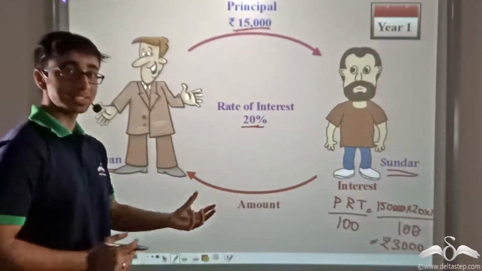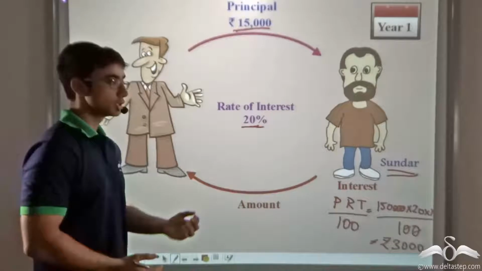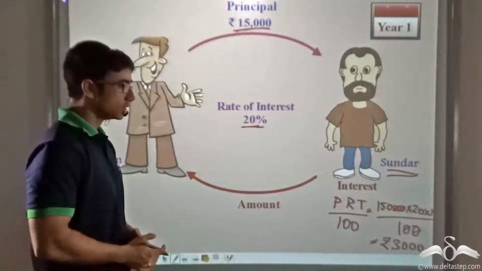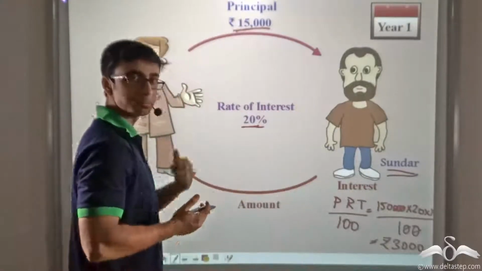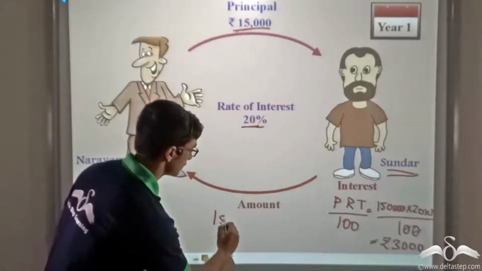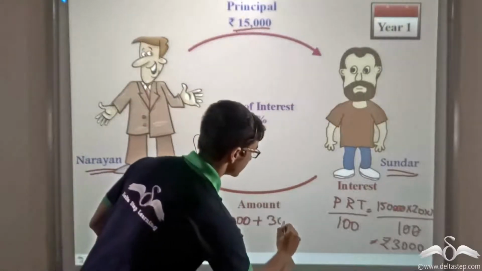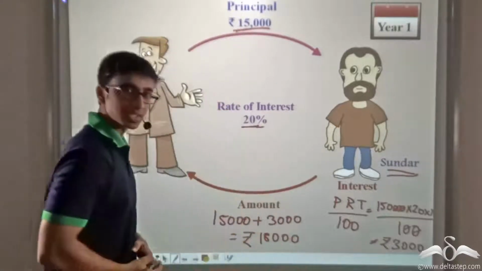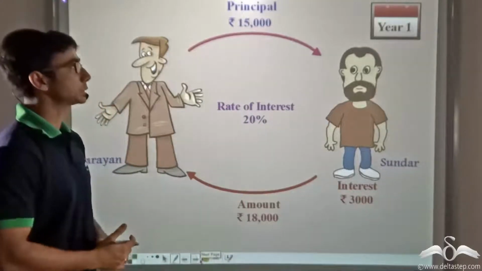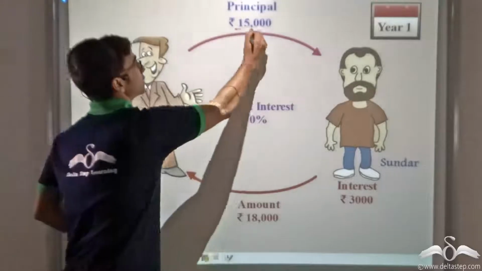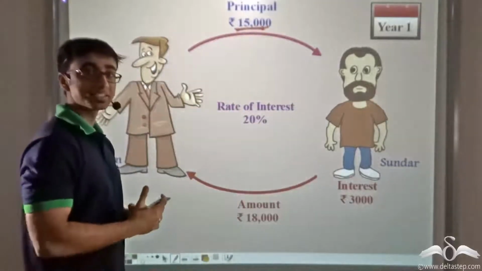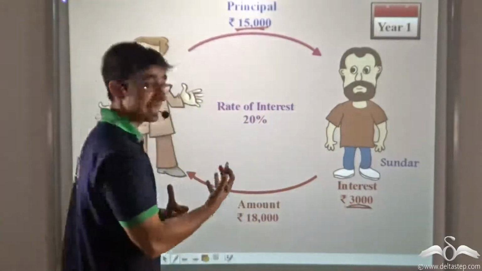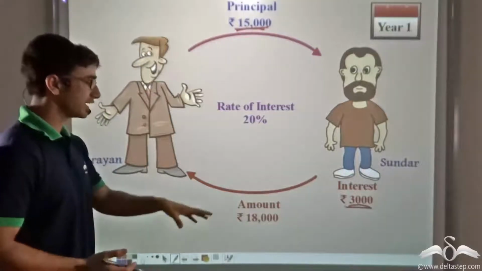So rupees 3,000 is the additional amount of money that Sundar will have to pay to Narayan in order to be able to borrow 15,000. So what is the final amount of money that Sundar is paying back to Narayan? That will be 15,000 plus 3,000 equal to rupees 18,000. So we find that when Sundar is borrowing money equal to rupees 15,000 for 1 year at the rate of 20%, he is having to pay an additional amount of 3,000, thereby paying back a final amount of 18,000